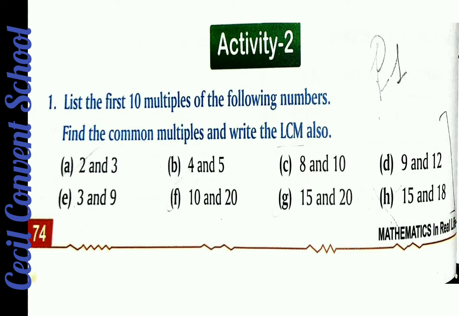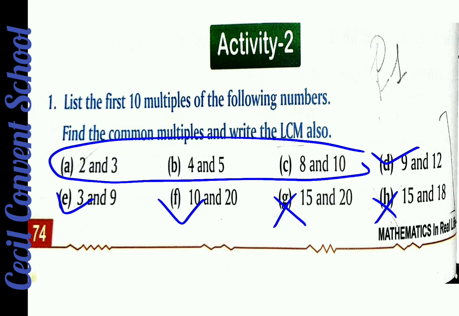Now students, we do activity 2. In this also, I will do D part, E part and F part. Leave this G and H part because G and H part you will do in the rough copy, not in the maths copy. All the parts are same, but there are so many parts, so you do G and H part in the maths rough. Yeah, clear students? So I am doing D and F part for you, and students, A to C part is homework for you. That one you have to do by yourself because numbers are small and you know the table also. Big numbers I will do for you.